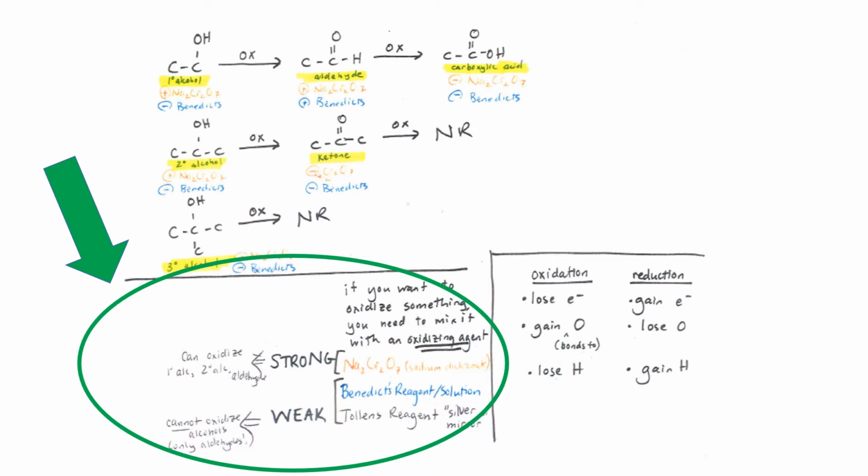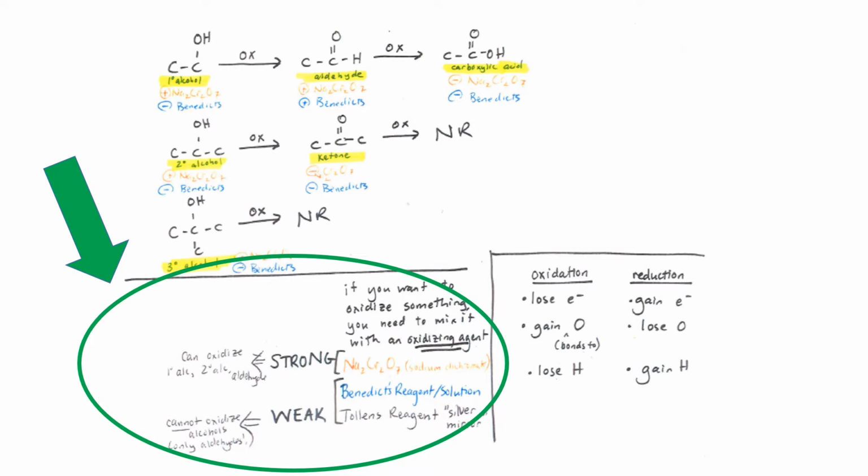Sometimes it's called Benedict's solution, sometimes Benedict's reagent. Those are the same thing. Benedict's is a bright blue, and I've indicated it here as blue. The third common oxidizing agent that we might work with is called Tollens reagent. The Tollens test is sometimes called the silver mirror test. One of the products when a reaction happens with Tollens is silver, and it looks like silver. It's bright and shiny, and if it's coating the inside of a test tube, then it looks like a mirror. So Tollens solution, Tollens reagent, is an oxidizing agent.